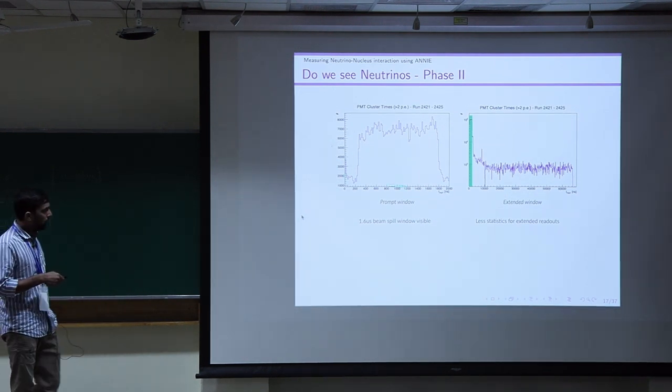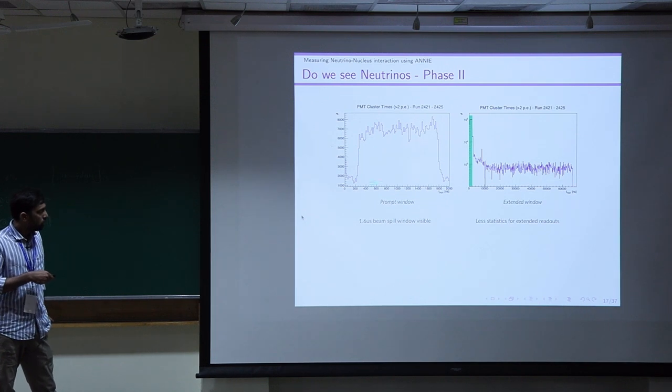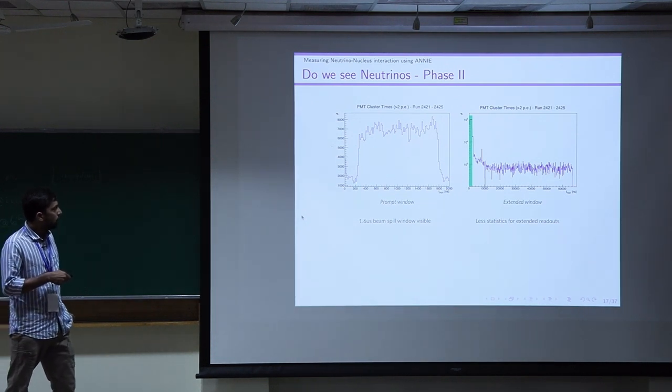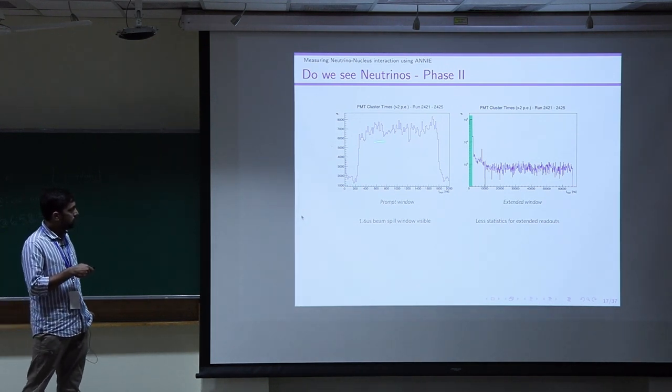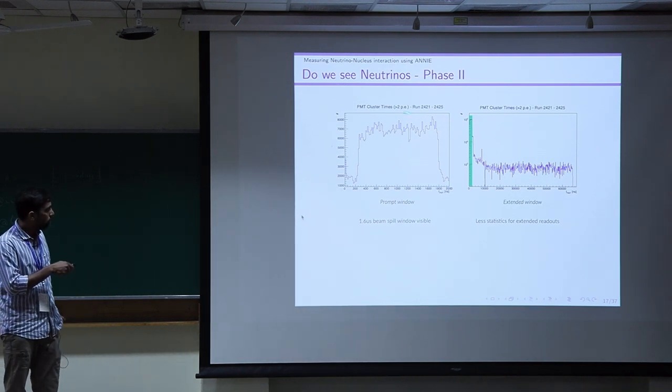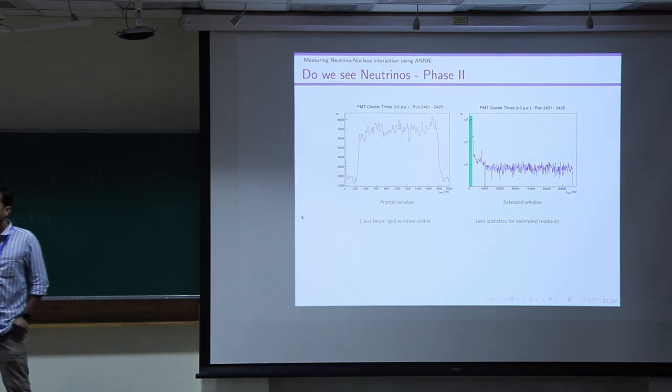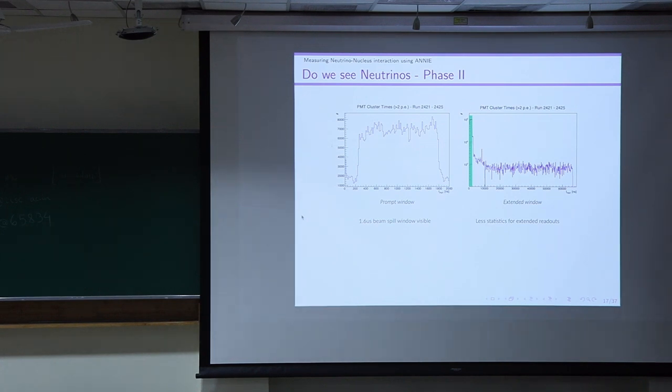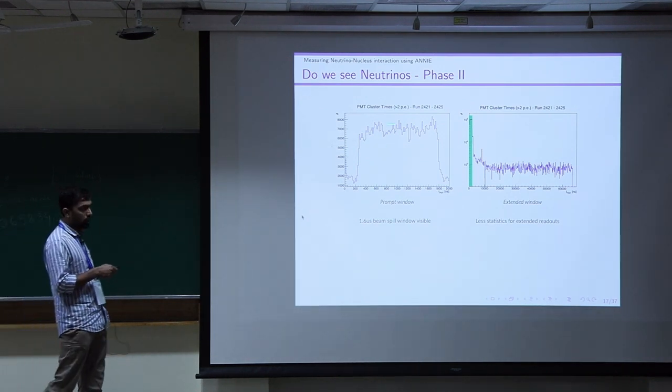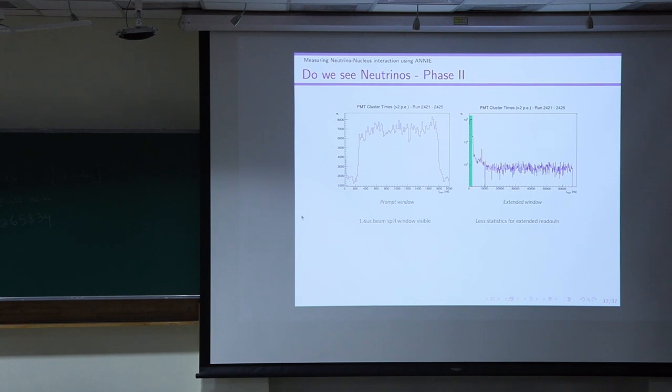So this is a typical PMT hit pattern, as seen in any detector, and you can clearly see that there is a 1.6 microsecond window above the background. This will confirm that we are actually getting the neutrinos which are coming from the beam. This is the first step that we do to make sure that we are actually detecting the beam neutrinos